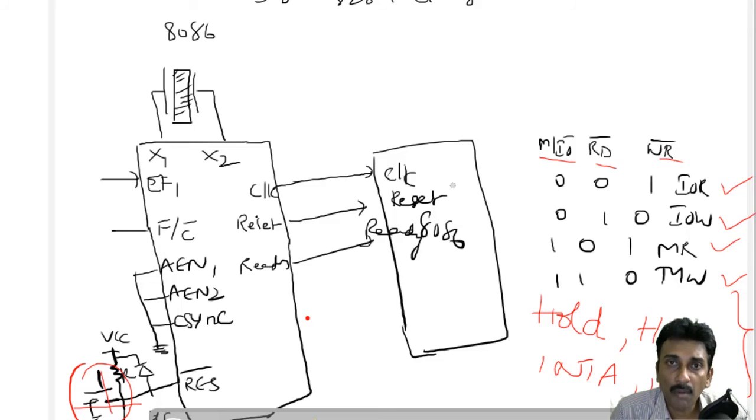A simple block diagram of this 8284 interfacing with the 8086 looks like this. Of course, we have some other signals like M by IO bar, RD bar, WR bar control signals that can be used in different formats like 001. If it is 001, IO read or memory read operation will be done using the control signals. In addition to this, the HOLD, HLDA, INTR and INTA signals also can be used as control signals. So these control signals are used only for memory read and IO read operations. Like that you can use them.